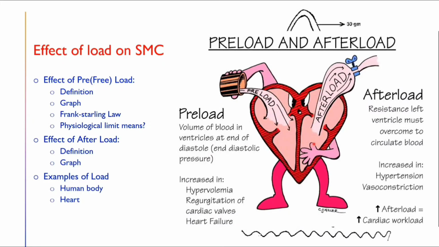Then the ventricle contracts. When it contracts, it sees the resistance given by the aorta and the arterial system. You can see the resistance in blue color. This resistance is that of the aorta and the arterial system. This is known to the heart only after the heart contracts. So when the ventricle contracts, then it knows there is a load from the aorta and the arterial system. That is why it is called afterload. So afterload is the peripheral resistance. Preload is the venous return and afterload is the peripheral resistance in the case of the human heart. So this is about preload and afterload in frog and human body.